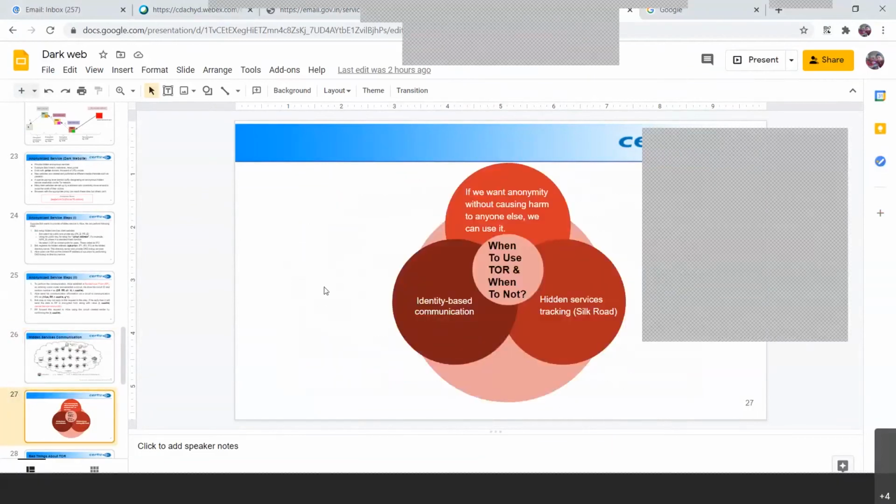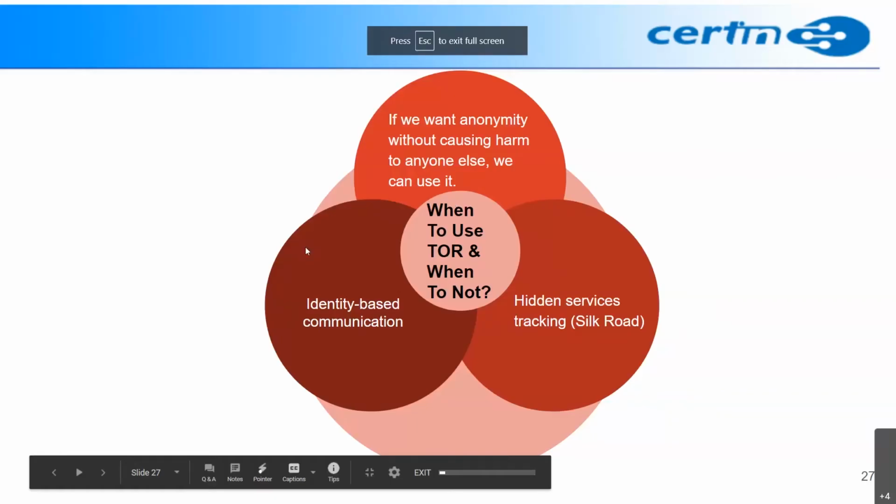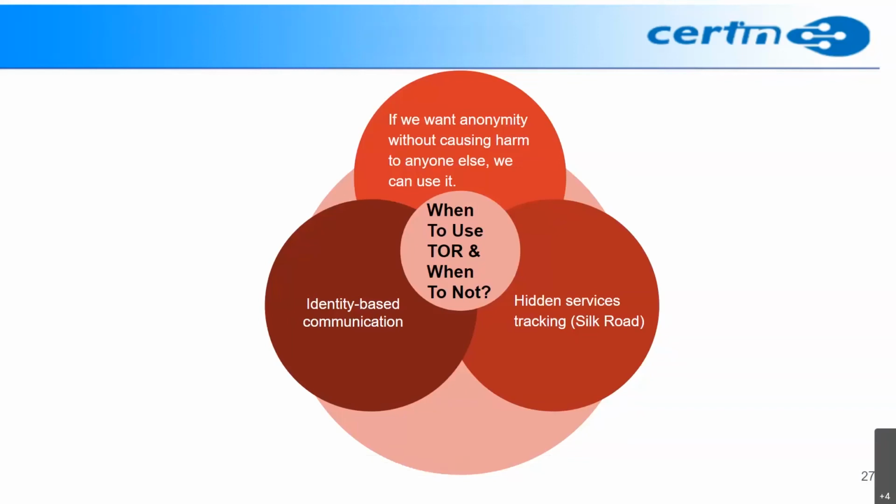The thing is, when should we use Tor communication, and when should we not. When we register at some website like Facebook, then our identity is already being passed. Where our identity is being used, Tor is not a preferable option because it is using multiple kinds of encryption, and it will slow the process. And if you do not want to harm anyone, then you can use the anonymity.